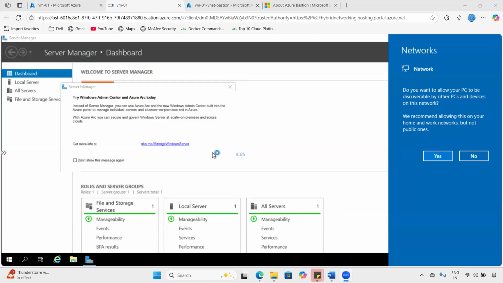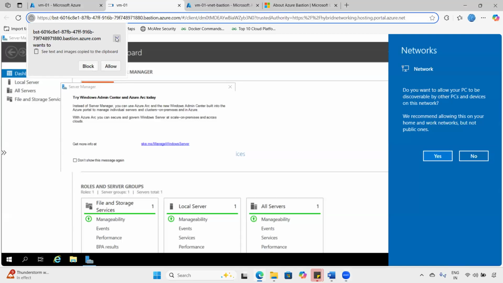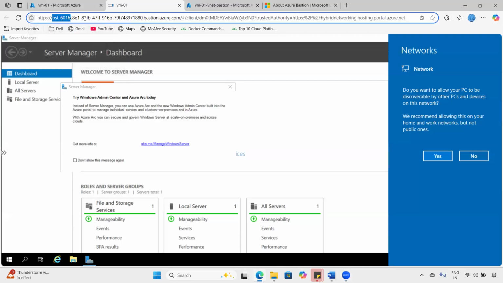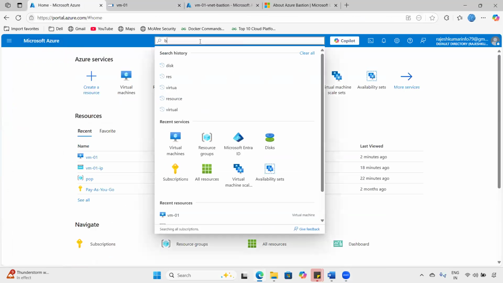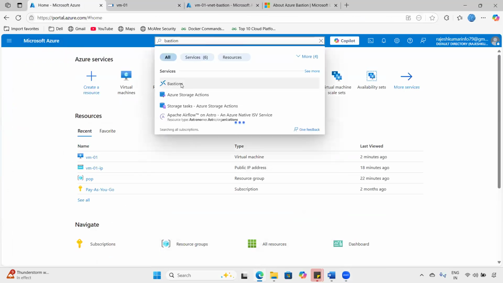We have not taken the direct remote access of the server. This is on the screen of the Bastion. And you can see in the URL itself, it is HTTPS, and BST basically means Bastion. This is one of the session IDs, and these are the encryption details. These are all the client encryption details on how it secures. And if you go to the Azure portal now, and search for the Bastion, if you go here,